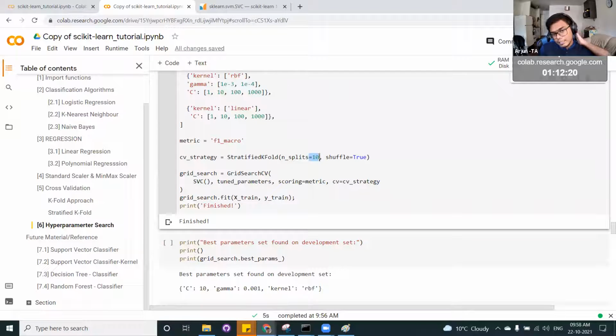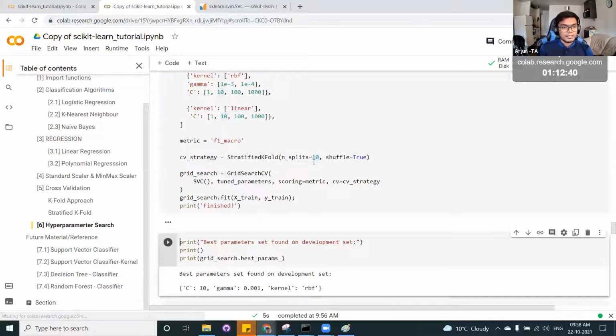Why we are using 10 here is to get a statistical inference, to get an average performance and the standard deviation in each and every run, to get a better overall representation of the data, rather than just going with one split, which can be a very good split or a very bad split. So we can't essentially determine whether the model performs good or bad. So generally we use k equal to 7, 5 or 10, to see a better estimate of the problem.